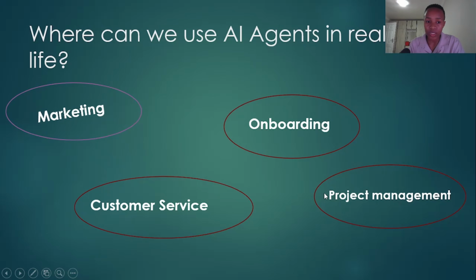And then with project management, you can schedule meetings with AI tools. You can also upload and update documents here, and then you can track your performance and progress